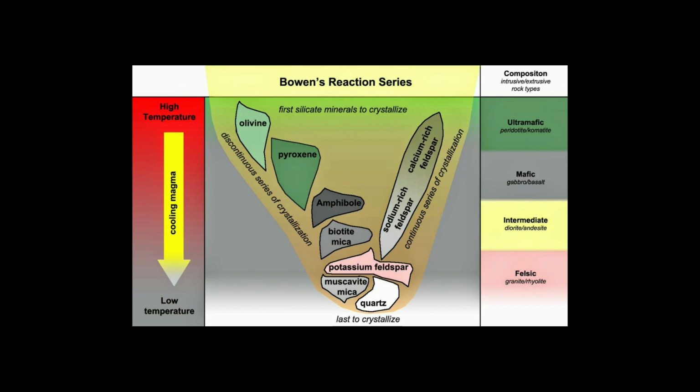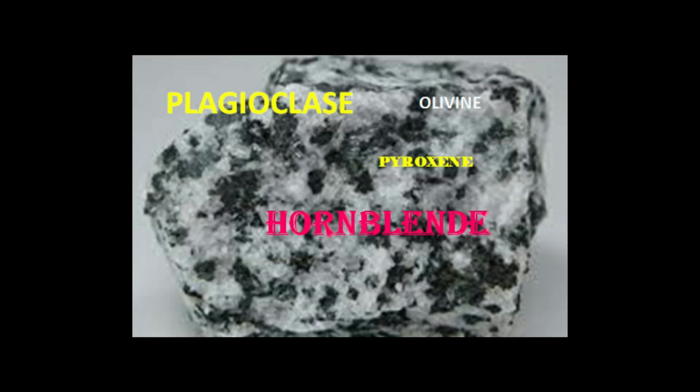In Bowen's reaction series, as we move from olivine to quartz, the minerals become more acidic, or you can say less basic. So now you can clearly say that pyroxene is more basic than hornblende, biotite, etc. And that's the reason why the rock containing pyroxene has a color index of more than 40, whereas a rock containing slightly less basic minerals like hornblende, biotite, etc. has a color index less than 40. Okay, I think that's enough to differentiate between diorite and gabbro.